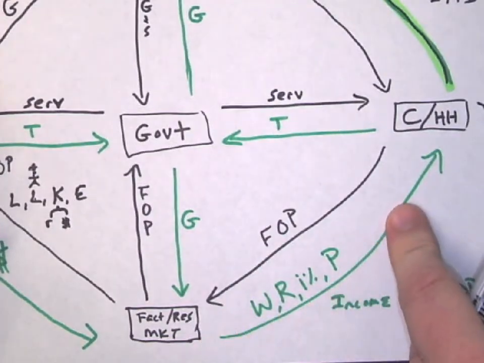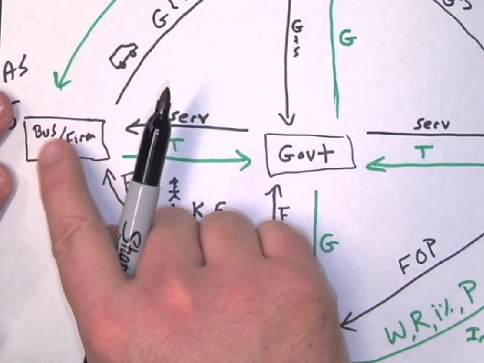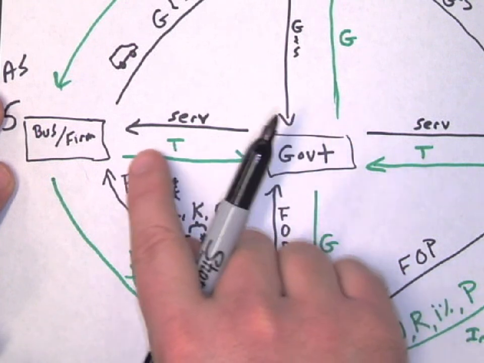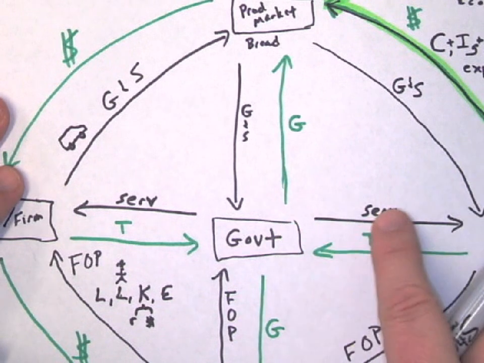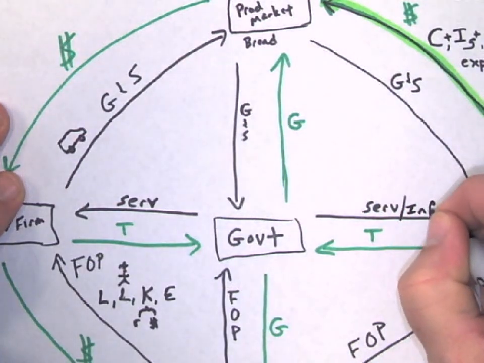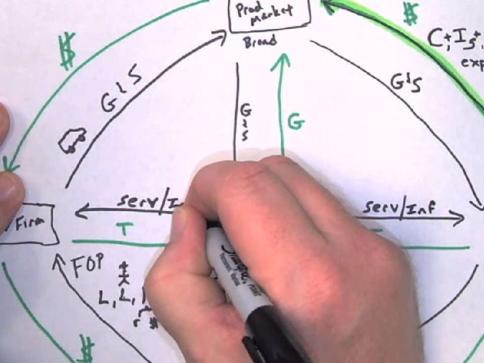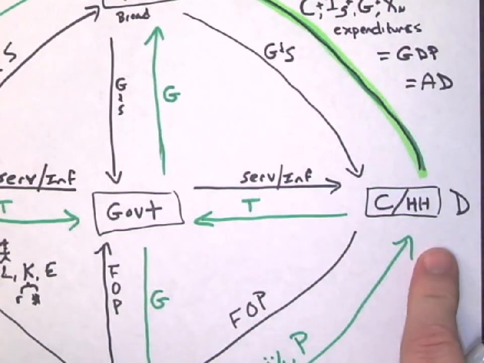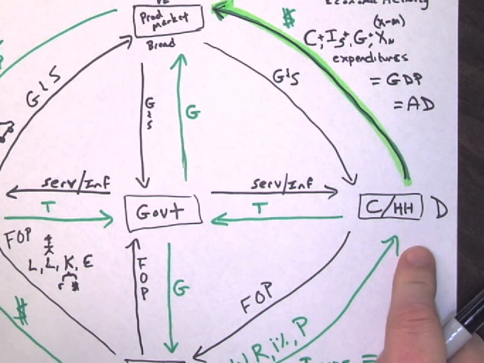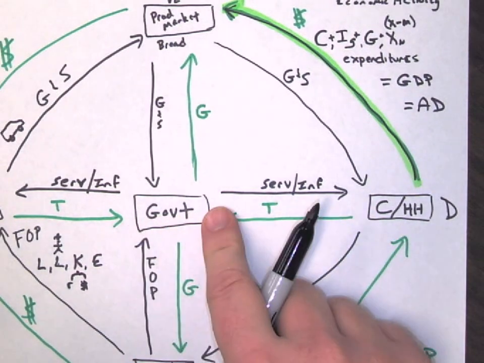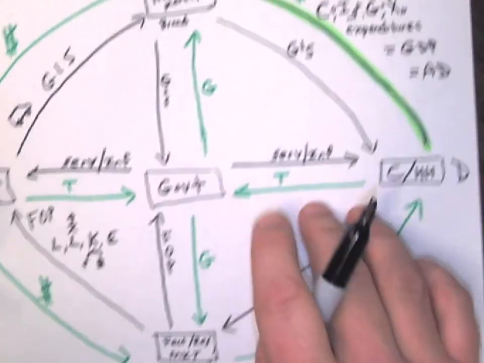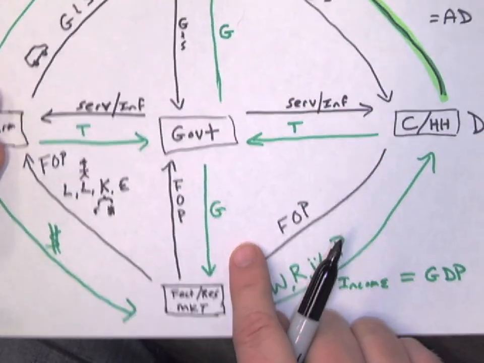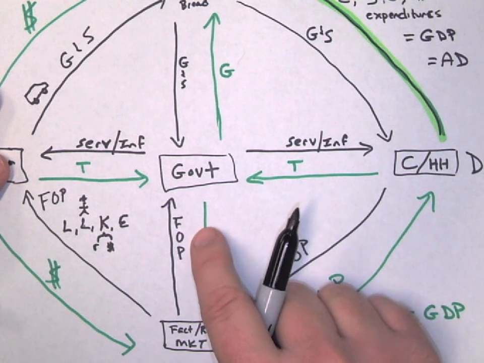Whenever people get their income, they're going to pay taxes on their income. Whenever businesses or firms sell things, they're going to pay a business or corporate income tax right here to the government. And then the government in exchange is going to provide government services or infrastructure to both of those parties, the supply side and the demand side. Now, when that happens, the government will get those taxes and they're going to exchange those as services, but they're also going to go out in the product market and spend, and they're also going to hire labor, buy land, and get the factors of production from the factor market.